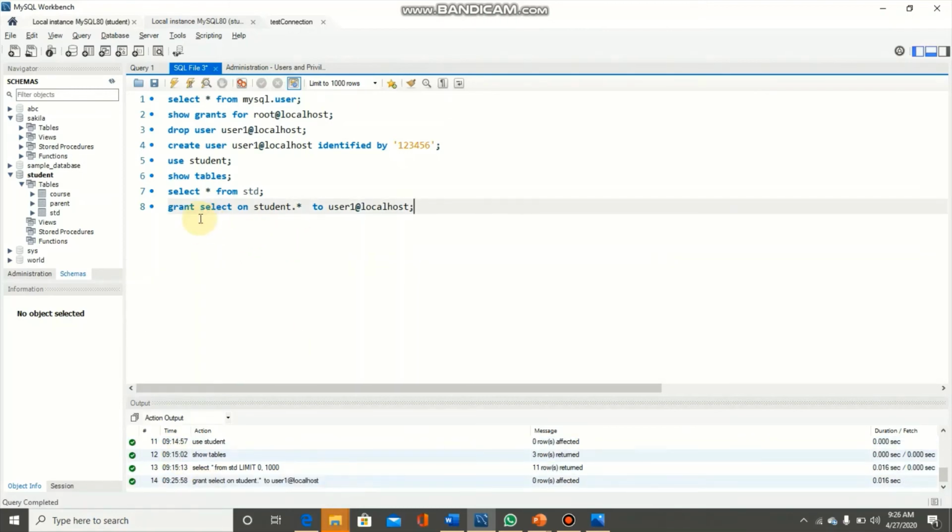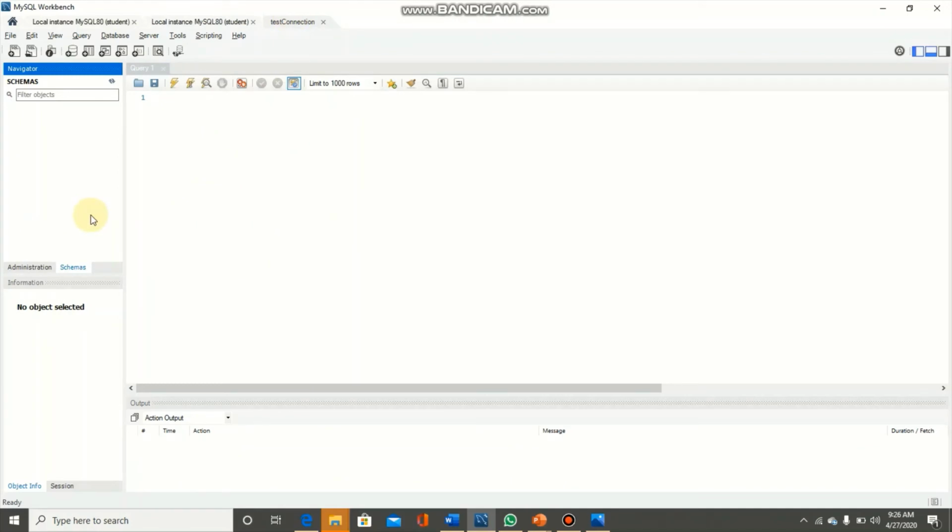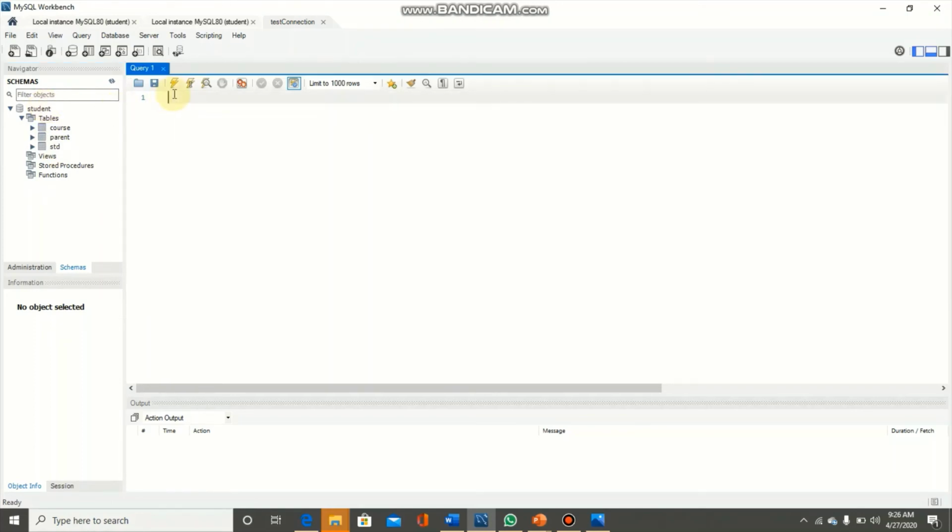Now if we go back to user1, we will be able to see the student database. It is present here. All the tables are present in student. Now let's execute the select query.